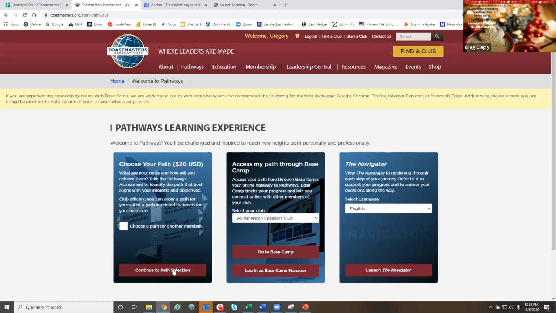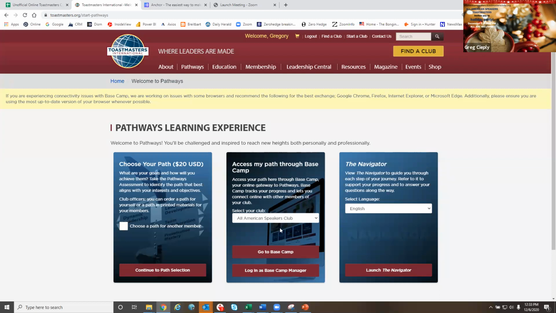And that process is you click on path selection. It will take you through a bunch of questions that you will be asked to answer. And then once you're done, it will suggest a path for you. You don't have to choose the path that they suggest for you. You can choose a different one, and it will show you all the ones that are in there. But once you've done that, I'm assuming that you've done that, you will get to this page here again,